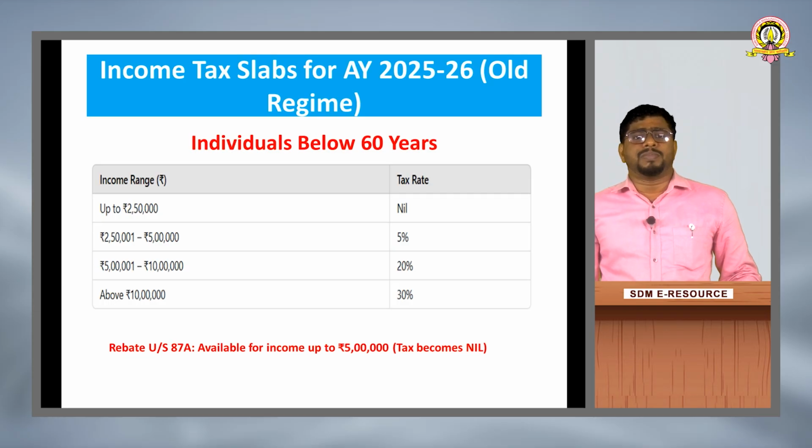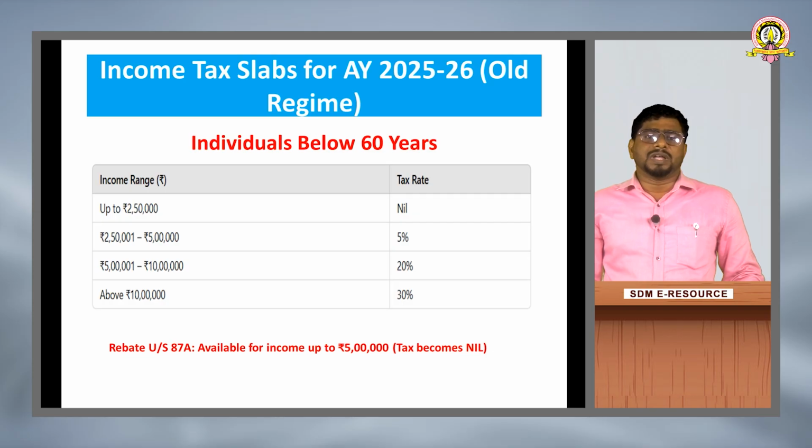First we will see the tax slab as per the old tax regime for the individual whose age is below 60 years. Up to 2,50,000, there is absolutely nil tax rate. That means no need to pay any tax up to income of rupees 2,50,000. Next, 2,50,000 to 5 lakh, 5%, 5 lakhs to 10 lakh, 20%, and 10 lakh and above 30% the individual has to pay. There is a rebate or relief under section 87A. Whoever's income is up to 5 lakh rupees, their tax becomes nil.